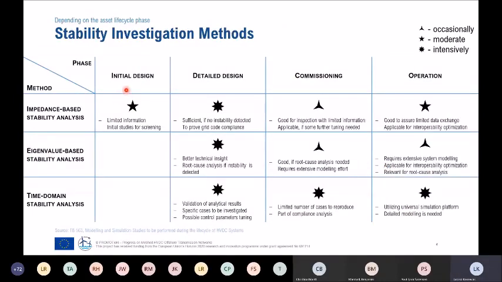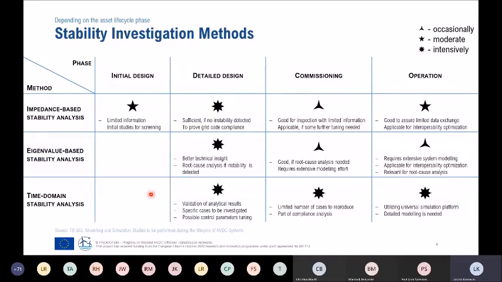We try to propose how specific analysis methods could be applied depending on the asset life cycle phase. So here, maybe it's more simplified than the one shown in the previous presentation. However, quite representative for this particular discussion. So we have initial design, we have digital design phase, we have something related with commissioning, and obviously operation at